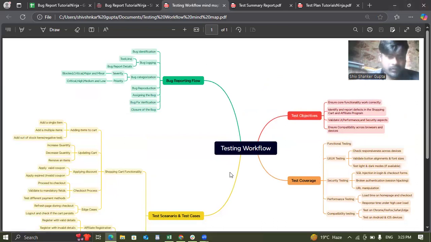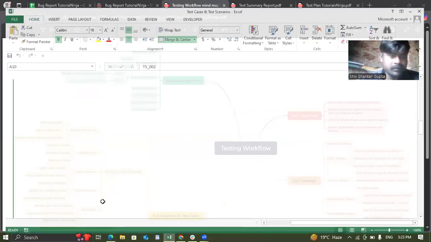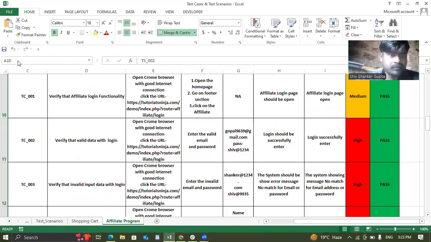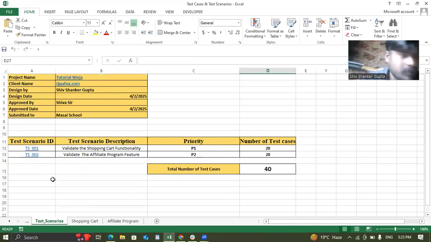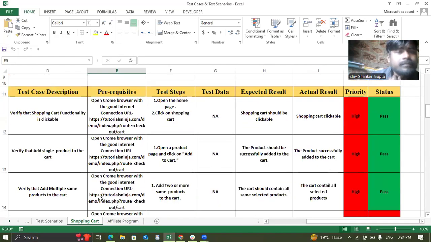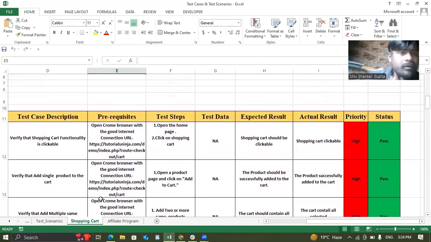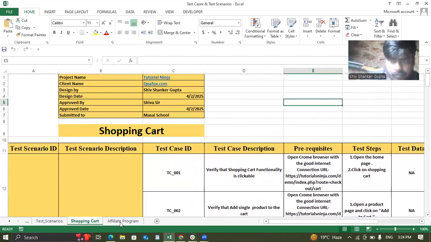And this is three. Next are the test scenarios. Total scenarios to validate shopping cart functionality and the affiliate program. Total number of test cases is 440. And the shopping cart test scenarios and